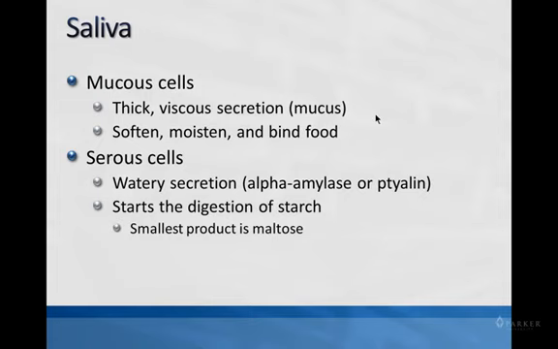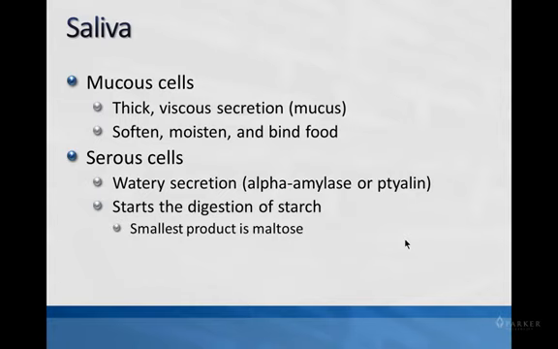The serous cells, their secretions are a little more watery. Primary secretion from the serous cells is an enzyme called alpha amylase. It's also referred to as ptyalin. We can also refer to this as salivary alpha amylase because we do have an amylase made by the pancreas also. But the salivary alpha amylase, the job of the enzyme is to start the digestion of starches